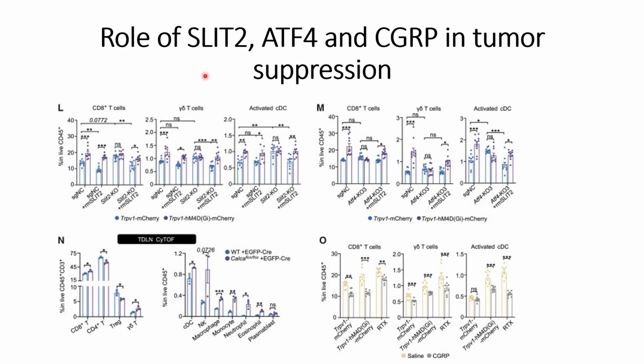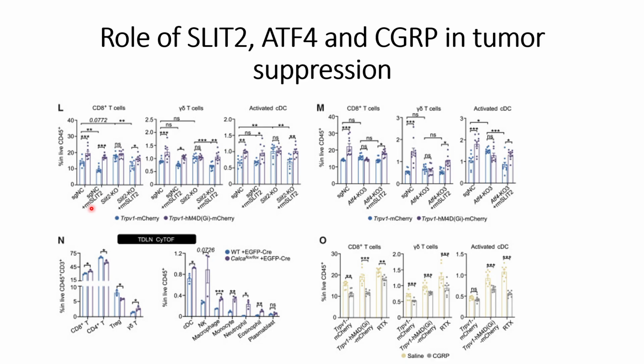So their focus is on these three populations, mainly to find out the role of SLIT2, ATF4 and CGRP in tumor suppression. First they started with SLIT2. They made a SLIT2 knockout and then checked the effect on CD8 plus T cells in the presence of the chemogenetic inhibition agent HM4DGI. In the control they are able to see an increase in the CD8 plus T cells, and also when they inject intratumorally